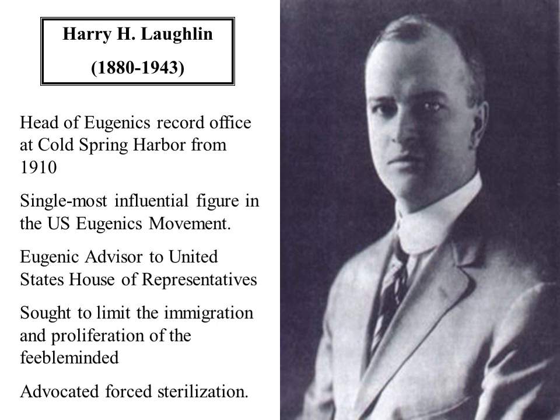He was also the eugenic advisor to the United States House of Representatives. He helped to come up with immigration laws and sterilization laws that covered most of the United States. So his basic idea was, don't let feeble-minded people immigrate into the United States. How do you decide who's feeble-minded? Well, you have immigrants who are coming in on Ellis Island. You have them take IQ tests. Well, most of these people coming in on Ellis Island are not native English speakers.